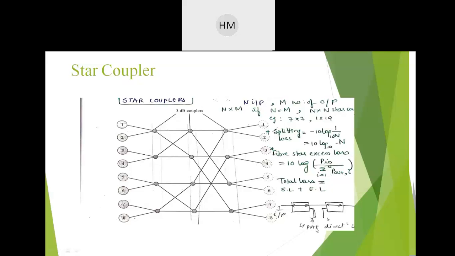This you can see a 4-port directional coupler. A very simple diagram is shown. You can see here. 2 devices are used. Input. This is a bidirectional device. ठीक है? This is one input. यहाँ से मैंने input send किया है. I can receive the power at 3 port. I can receive the power at 2 port. I can receive the power at 4 port. I can couple this power also and I can transmit back also. This is a bidirectional device.